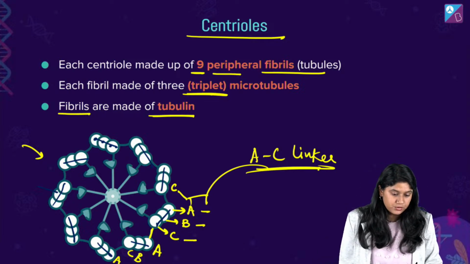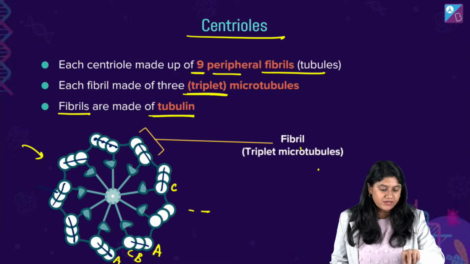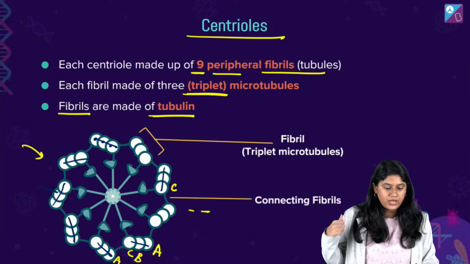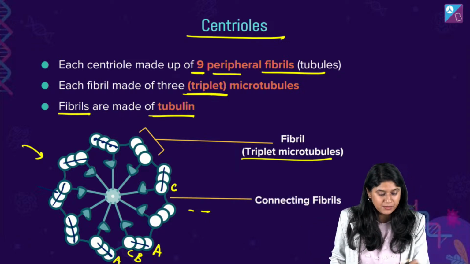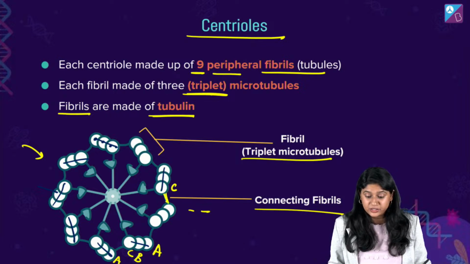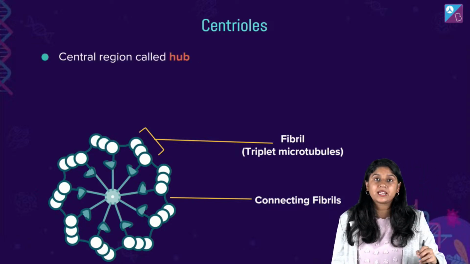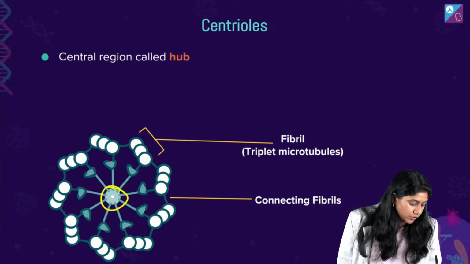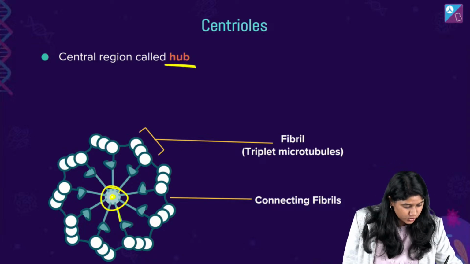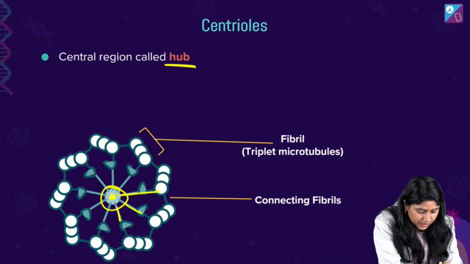चलिए, now that we are clear with this, let's talk about more. See, यहाँ पे आप देख लीजिए everyone, right? You can take a screenshot of it also. We have tubulin triplets हैं हमारे, connecting fibril है यहाँ पे. We can see they are connected also. And हमारे पास में linkers हैं. Now, अब हम बात करेंगे center की. In the center what we have is the hub. जो center में है उसे हम क्या बोलते हैं? hub बोलते हैं. और ये जो है, जो attach है ट्यूब्यूलिन से सेंटर में, हब में अटैच है.